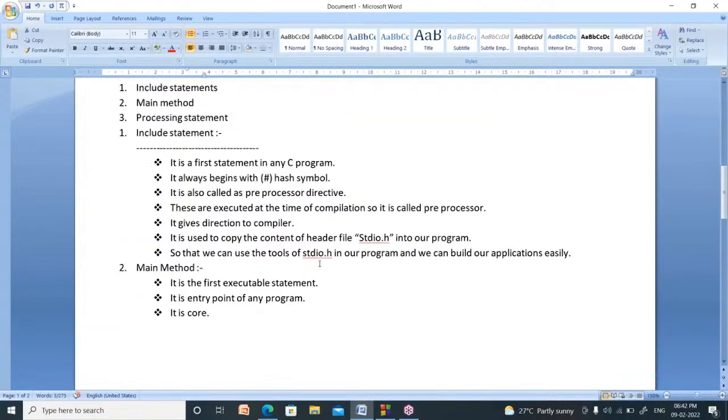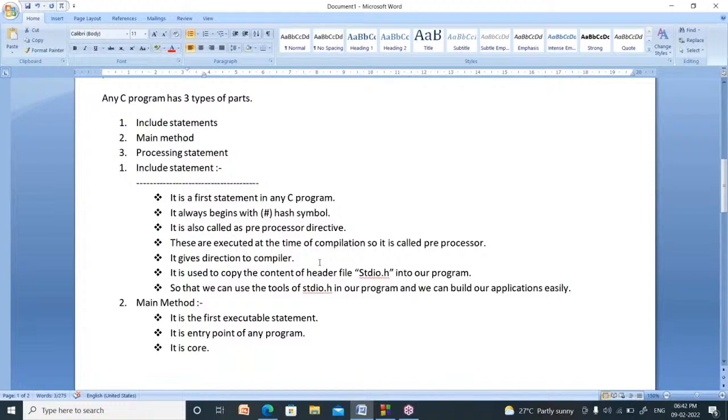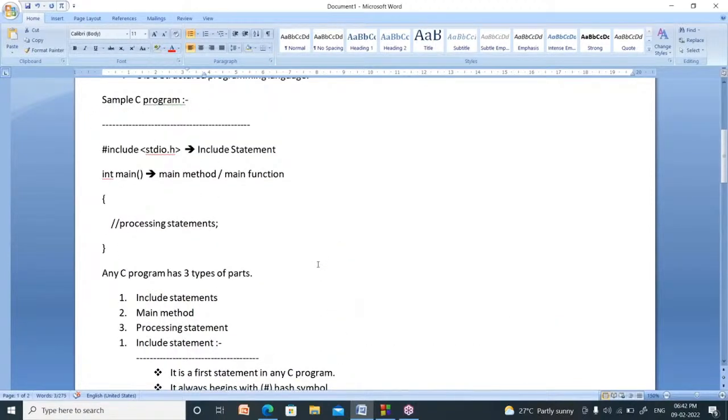Now the next one is, can you note down this? You had better write some running notes. Sample C program.